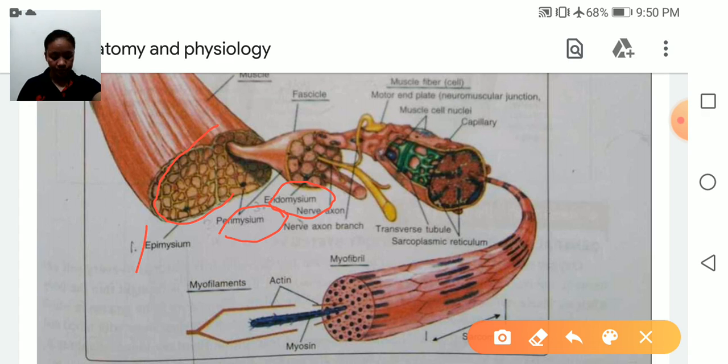Epimysium surrounds the bundle of muscle fiber, and the endomysium covers a single muscle fiber. Here you can see this is the actin and myosin filament. When they slide,